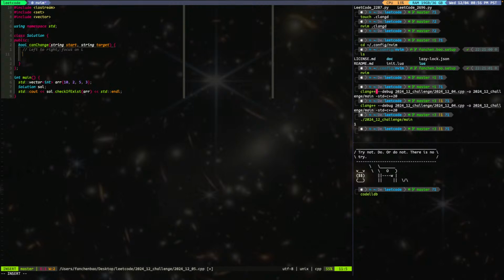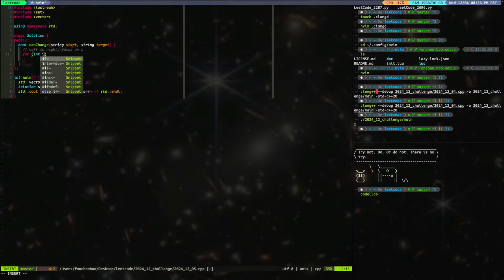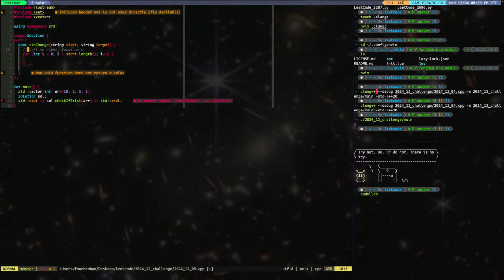We say for int i equal to 0, i smaller than start dot length, i plus plus, and we need a